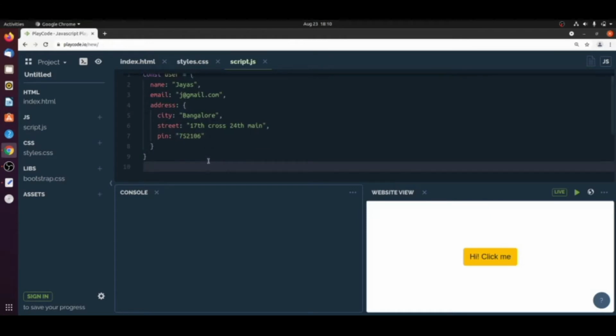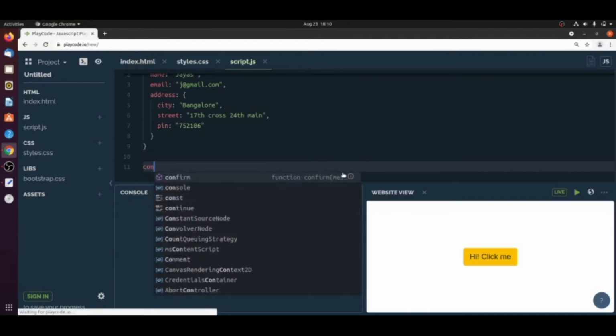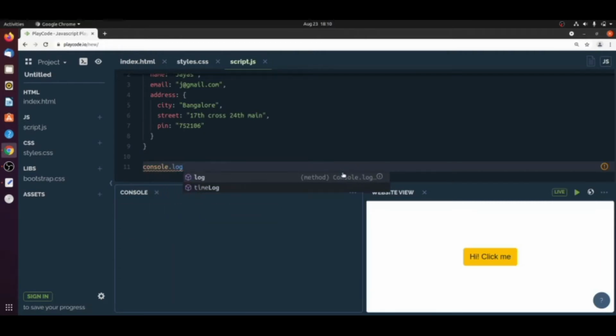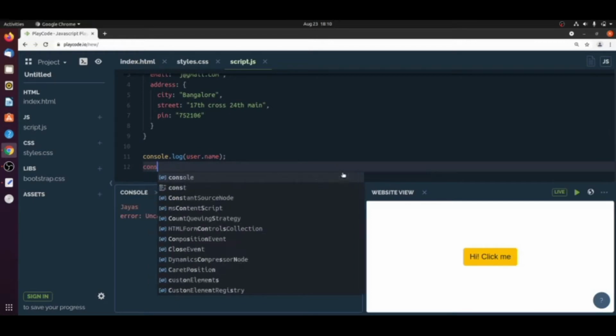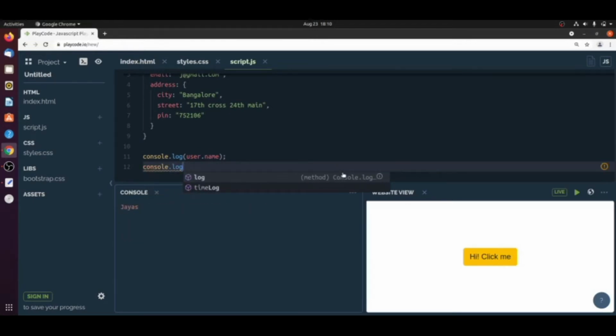What is my aim? I will display the individual values of this nested object. Let's say I want to display the name and email. So console.log, usually what we do in the general way, is user dot name, and console.log user dot email.